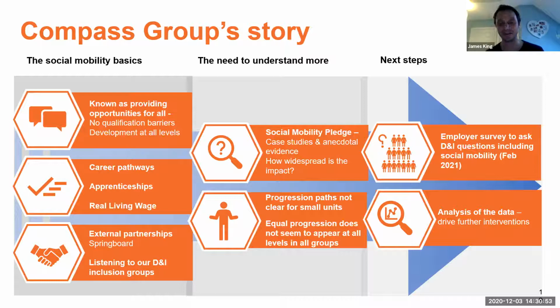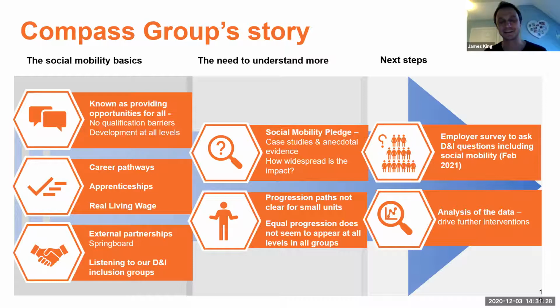And the great thing is that we can do those sort of interrelational results, so we can split when we get the data back, and when we analyse it, we'll be able to say, okay, by different grade, by different job level, how are we doing in terms of social mobility, also by different ethnic backgrounds, gender, all those different characteristics. We will be diving into analysis, understanding where we do this well, and then really doing that analysis to drive further interventions. So very excited.